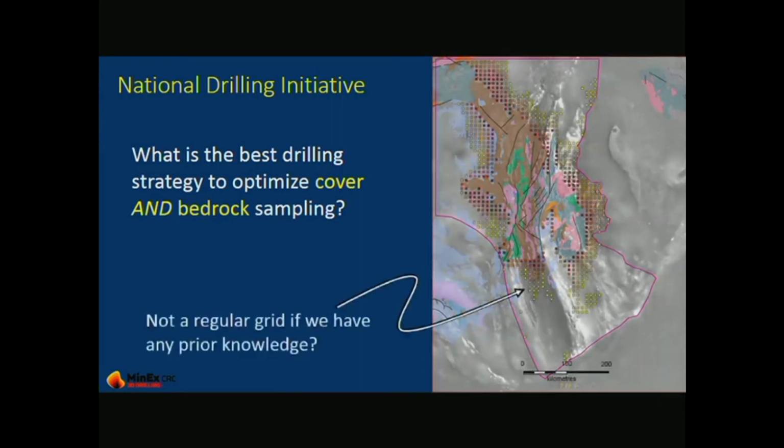And this diagram here, from the Mount Isa region, showing where they could drill effectively offshore Mount Isa in the neighboring sedimentary basins, it's not going to be done on a regular grid. Well, at least I don't think it's going to be done on a regular grid, because you would imagine that there's a better way of doing it. What that better way is, is something that we're going to have to learn within the scope of the CRC.